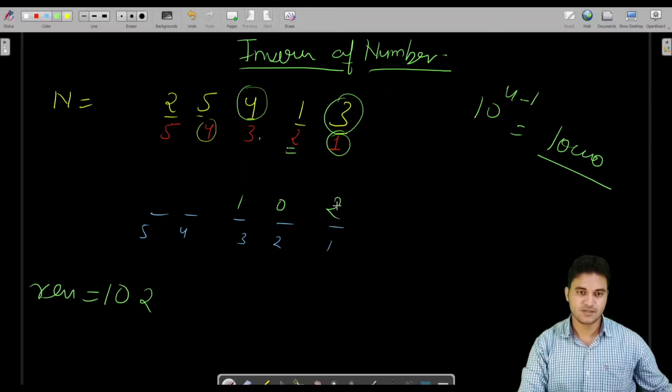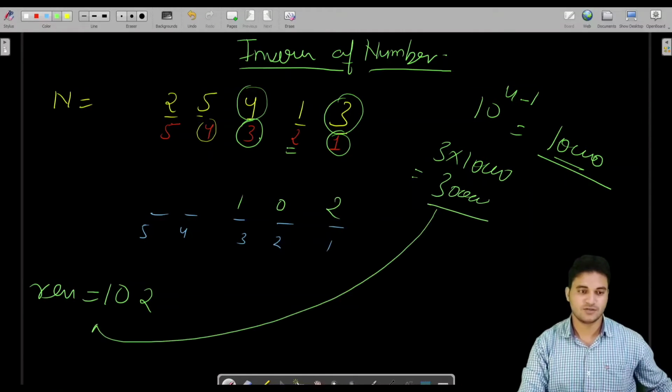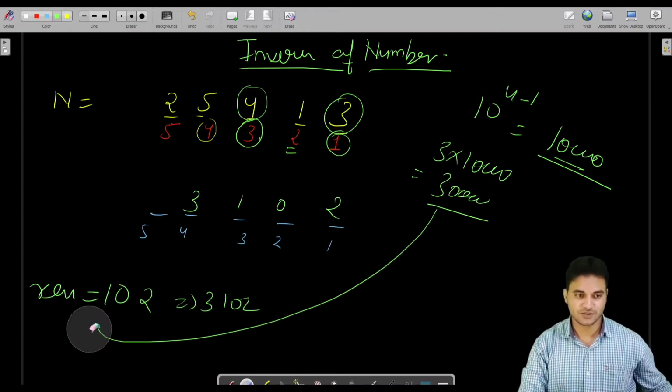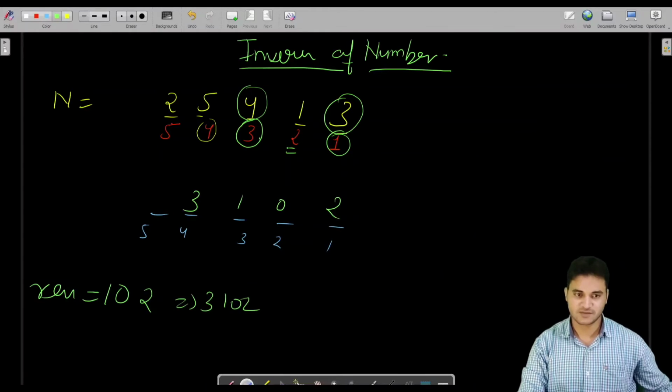Like, I would be placing these zeros here and multiply this place with this. So 3 into 1000 is going to give me 3000, and add this 3000 into this. If you add this, then it is going to give you 3102. So the number would be 3102. That means this 3 would be placed here. I hope it is clear to you, the logic, and the code would be very same as the previous one.